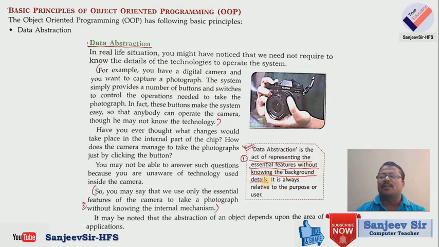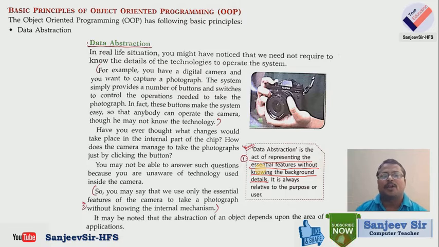You tell me one thing, when you are using that camera, you know how to focus on the picture, whatever you want to capture, and how to click and capture the image. But you do not know internally how the photograph is captured and recorded in the memory chip. So whatever is required as a camera user, you know. But a camera mechanic or technician who repairs the camera has more knowledge and more information about the camera than you.